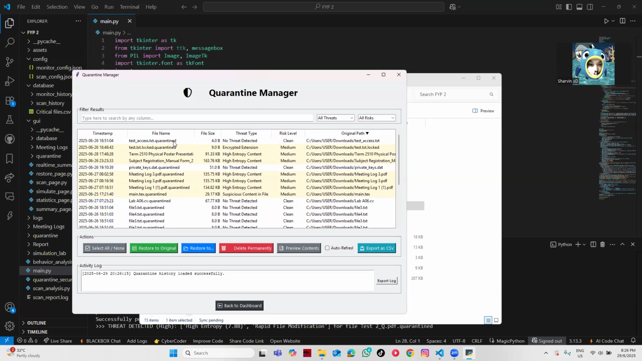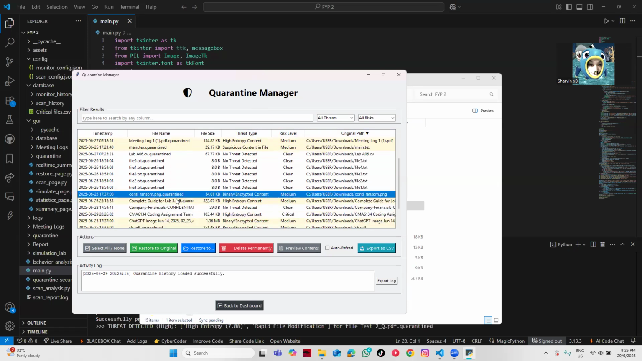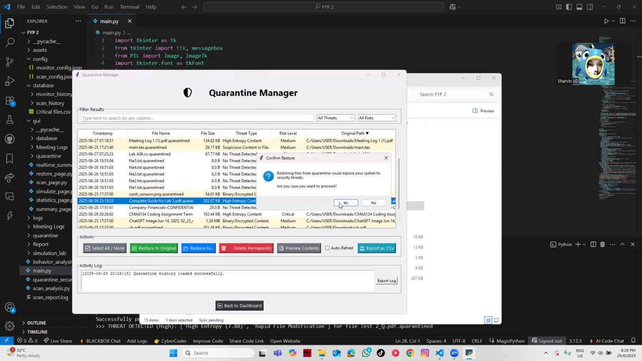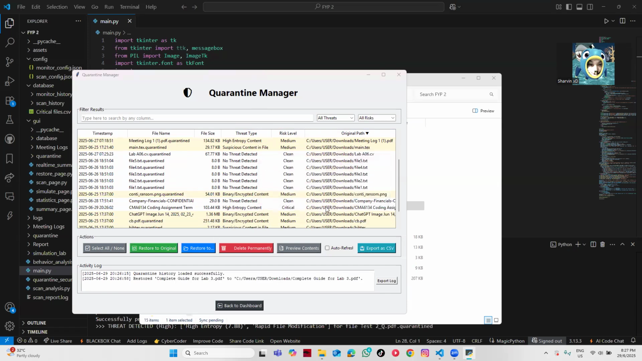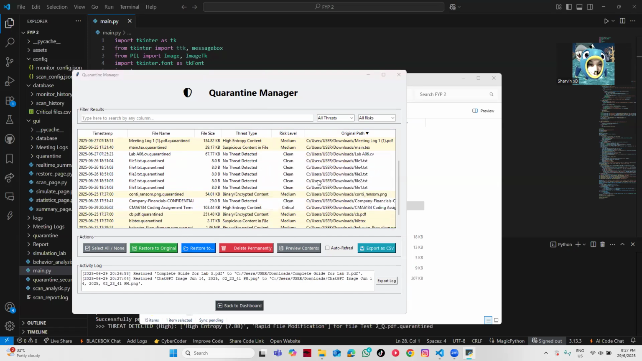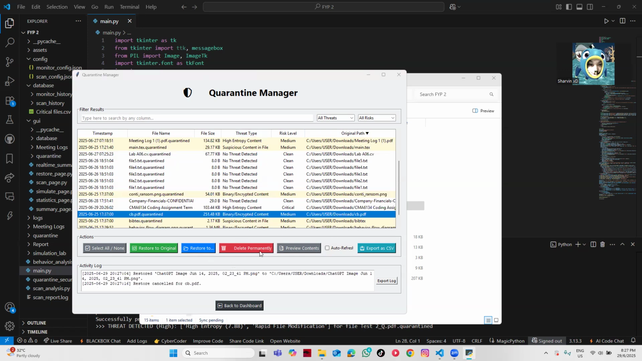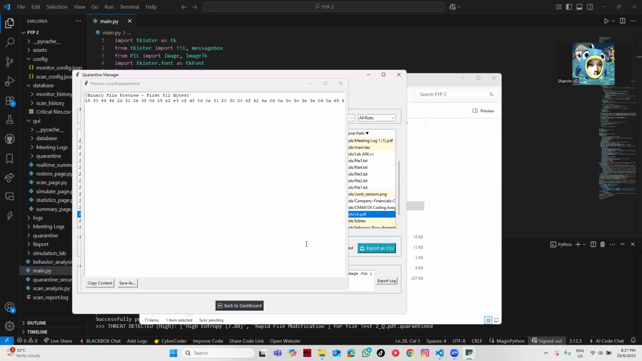Okay, if I want to restore back to original, let's say I want to restore this back to original, and it will be back to normal mode. It won't be in the quarantine. It will just go to the default folder, so they can access it normally. Or I can restore to a directory, where I can select the directory where I want to restore this time, or I can delete permanently, or I can even preview content to check their hash, I mean their bytes. So here I can see the first 512 bytes,